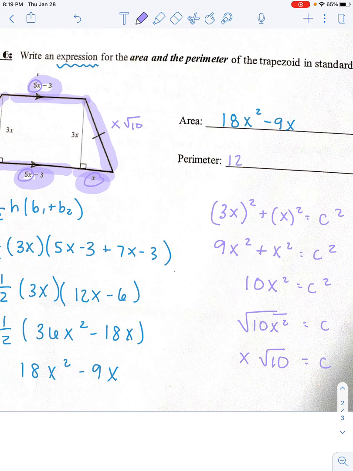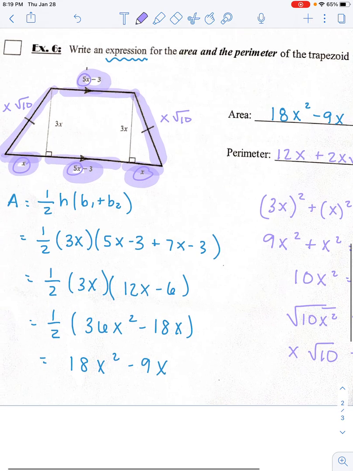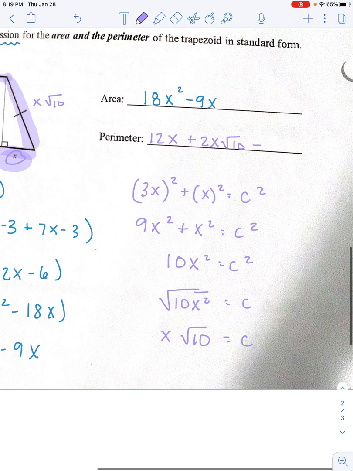Now to add up the x's, I've got 5x, x, 5x, and x. That is 12x, plus 2 of those x radical 10s. And I've got